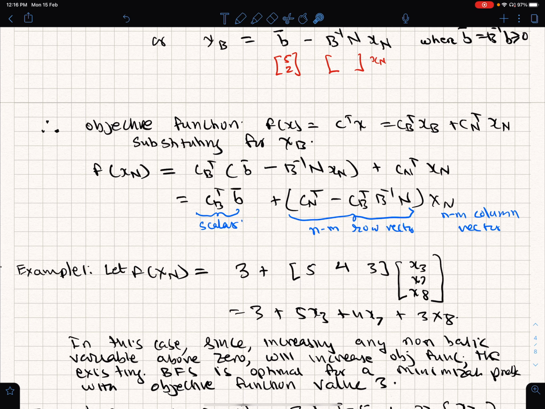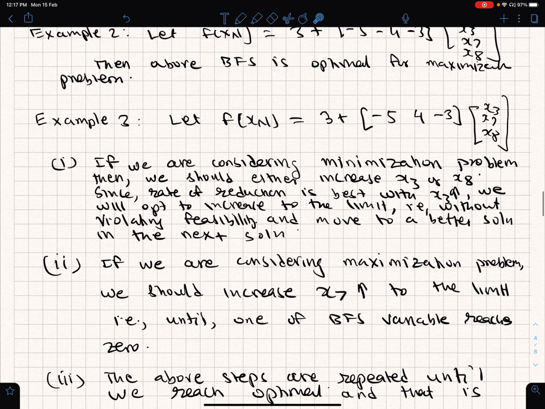These are the non-basic variables which are right now at 0, and we are evaluating the possibility of increasing them further. If we are looking at a minimization problem, and a better improvement step is feasible, then we said that at least one of them should be negative,